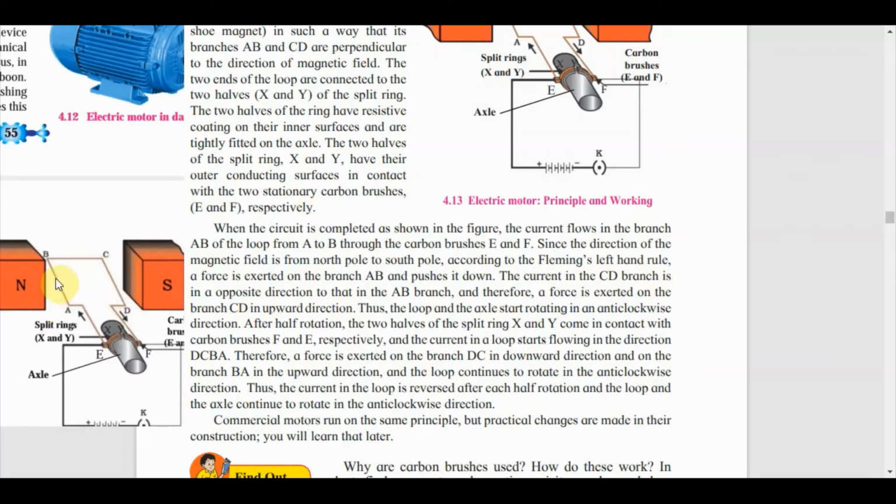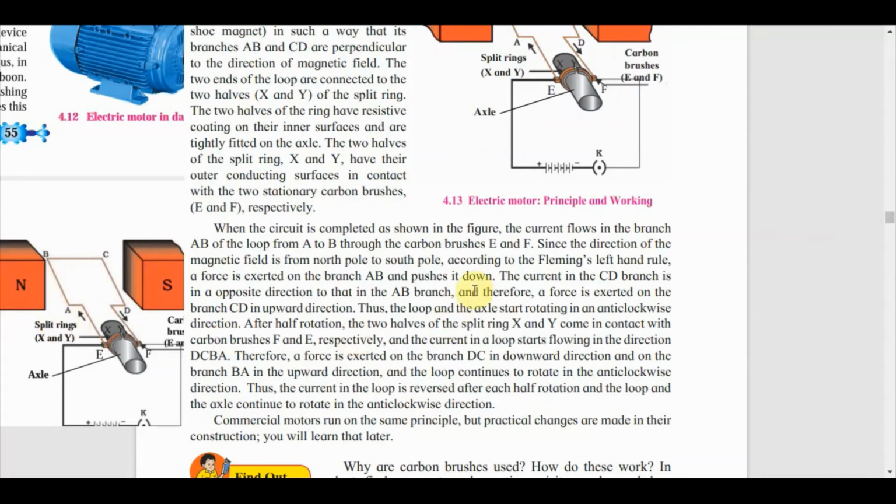So here AB will experience a force in the downward direction, and CD will have the force acting in the upward direction, because the direction of the current is like this and the south pole. Okay, so north to south, you will find that the direction of the magnetic field, current is perpendicular to it, then you will find that the direction of the force will be upward. Here the direction of the current is like this and the direction of the magnetic field is in this way, then you will find that AB will experience a force in the downward direction. I hope it is clear to you all.